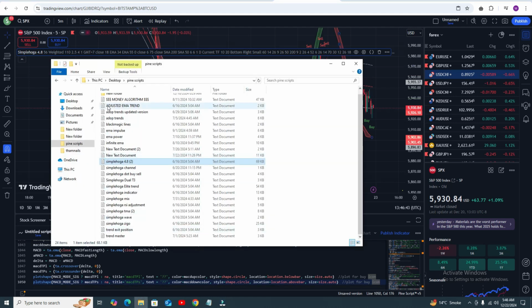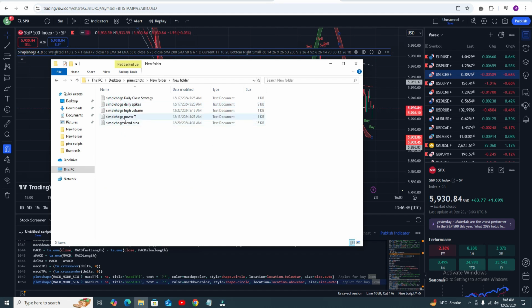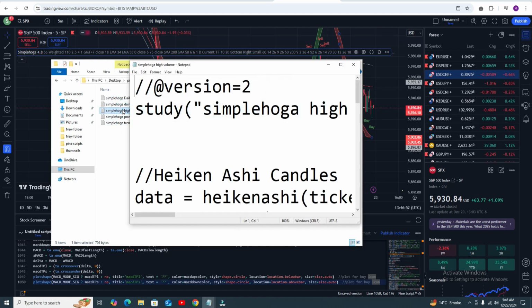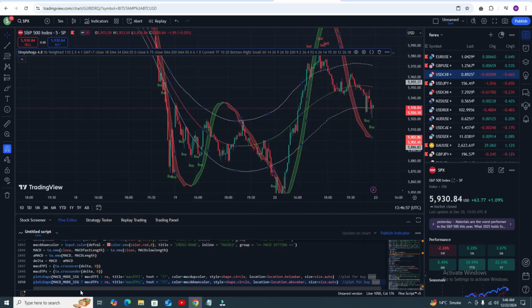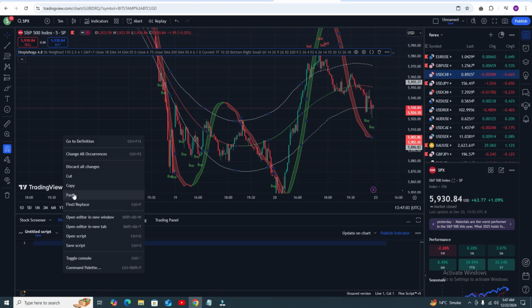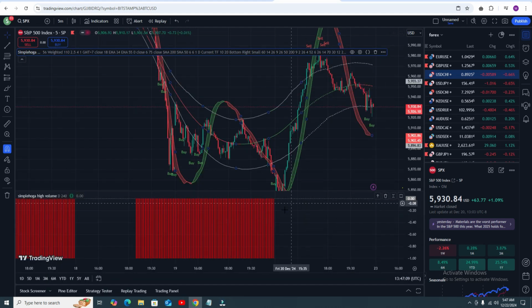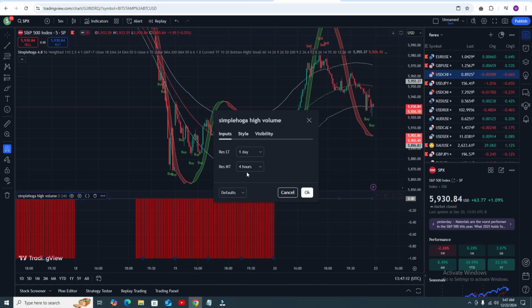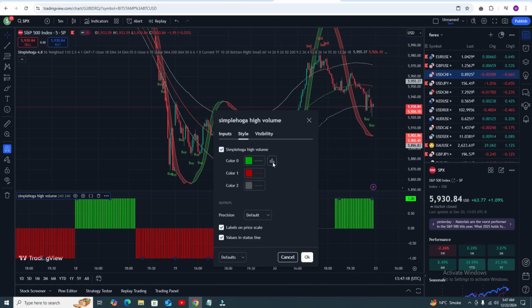The second indicator you need to add, this is the most recent indicator, so here it is, high volume. Okay, Control A, that means copy all the code. Then close it, and first remove all the code from the Pine Editor, and then paste my code. Okay, and then click on add to chart. After clicking on add to chart, the indicator will look like this. So we need to change some settings: select 4 hour. In the style, just click on the column, we need column only.